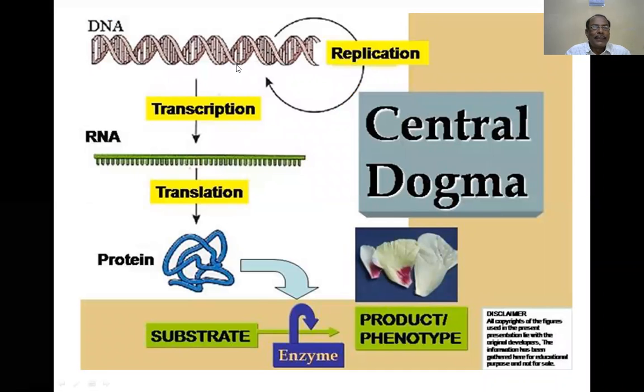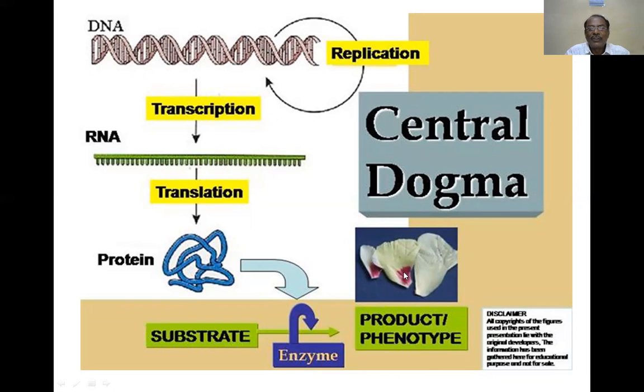So now, DNA produces RNA, RNA produces a protein. DNA producing mRNA is called transcription, and the RNA producing the protein in the ribosomes is called the translation process. Then this protein comes as various molecules of proteins. Some may be structural, but the majority may be enzymatic in nature. What is an enzyme? An enzyme is essentially a protein. That is our definition. And that enzyme acts on a substrate and produces a product or a phenotype.